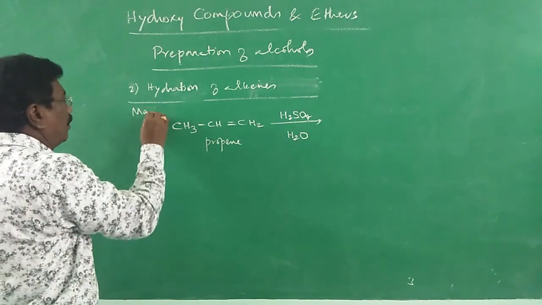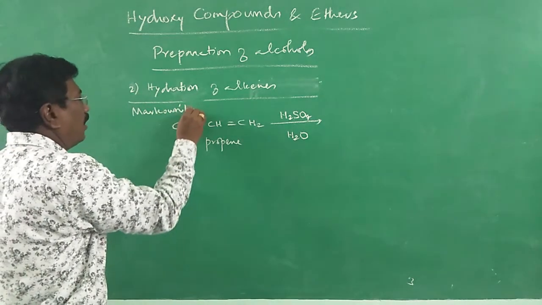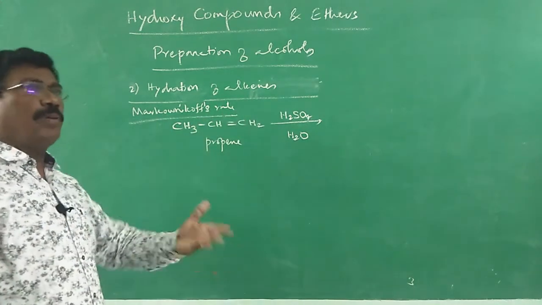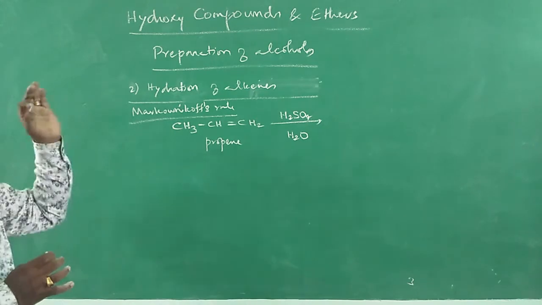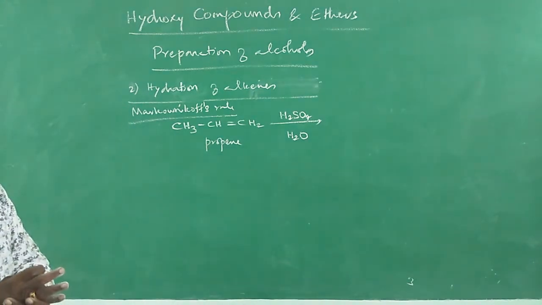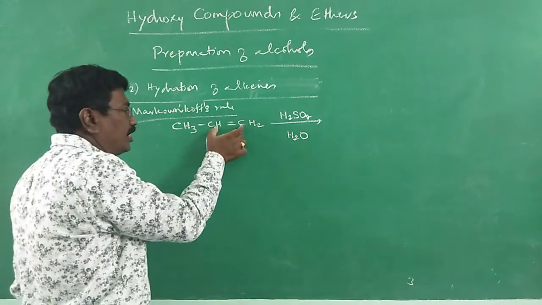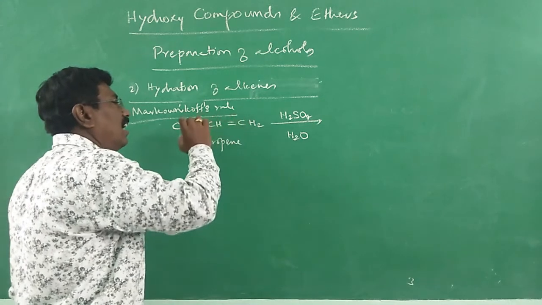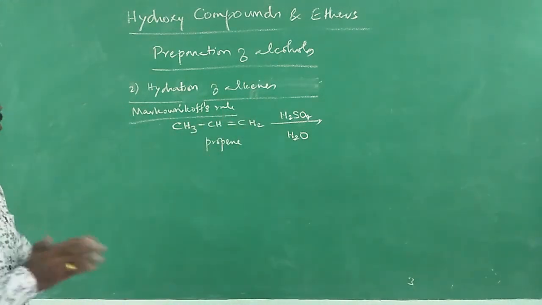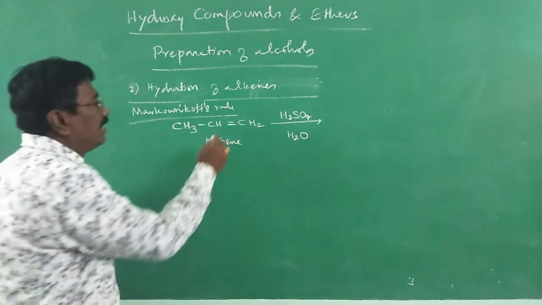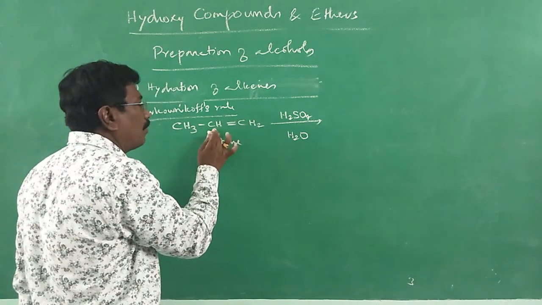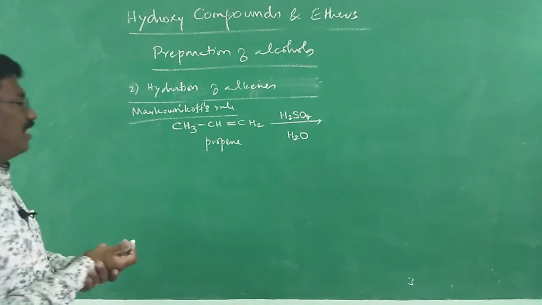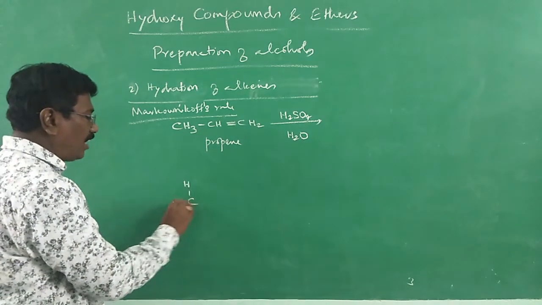Markovnikov. What is Markovnikov's rule? The name you may not be familiar with, but you will be when you start to learn organic chemistry. Markovnikov's rule is a very important rule. What is it? During the addition of something into an alkene, a double bonded carbon, addition means one atom or group here, one atom or group here. If it is added, the double bond will become a single bond, because a double bond exists due to unsaturation: we don't have enough atoms to be bonded.